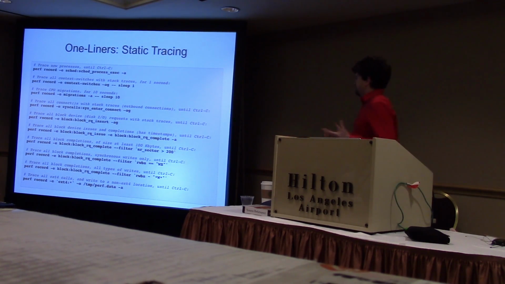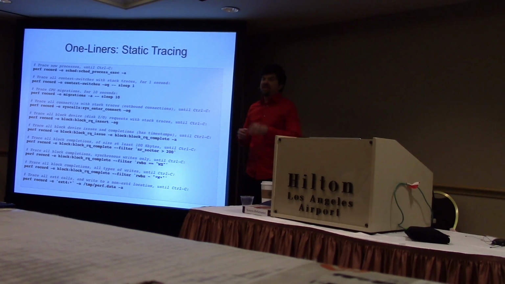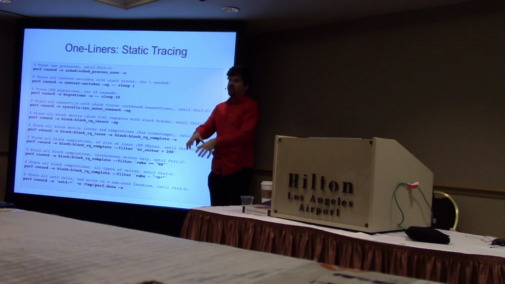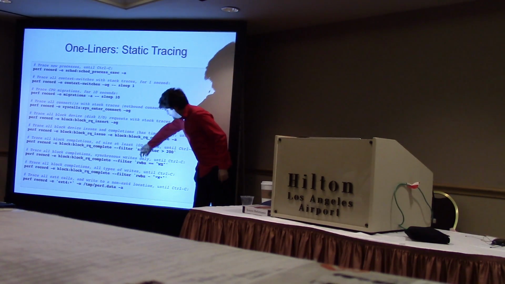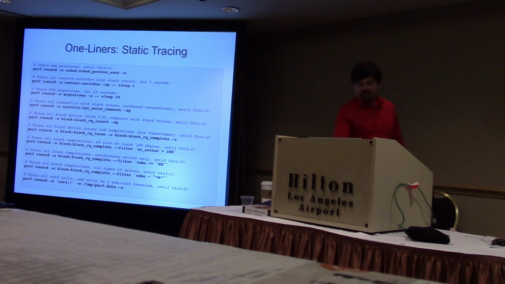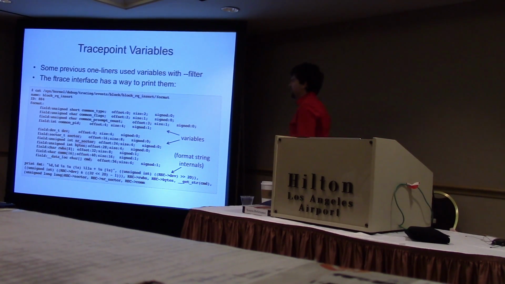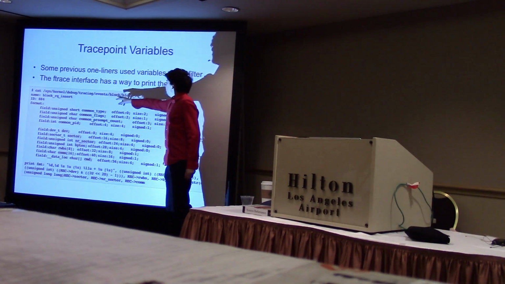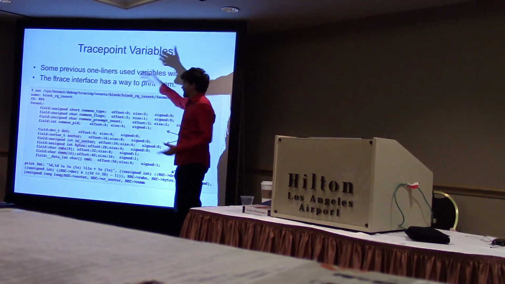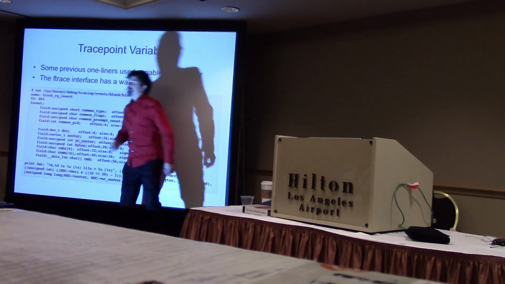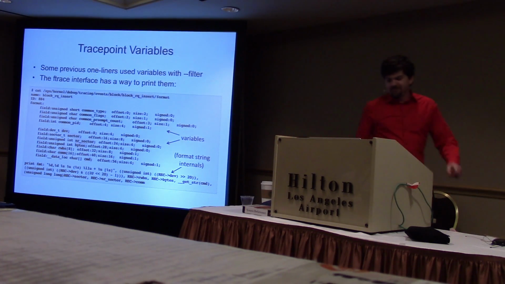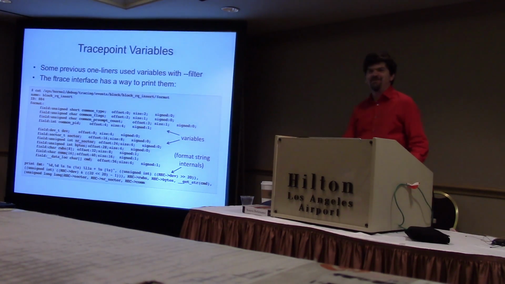So the filters are interesting if you do this a lot because it gives you a chance to filter in kernel before you're dumping everything to disk, so you get to reduce overhead. They operate using Boolean expressions and these variables. And of course, where do the variables come from? I'm not sure that's fully documented, but you can ask the kernel via the ftrace interface. So here's my trace point, but this time I'm getting it from ftrace, and it kind of gives you this summary. There's all the fields that I can use in format strings to do filtering. So that's kind of just giving you the answer to a very interesting puzzle. I feel like, how do I use this interface?